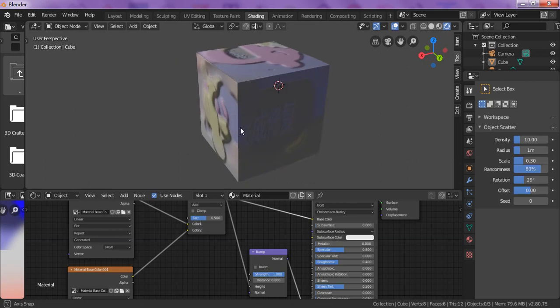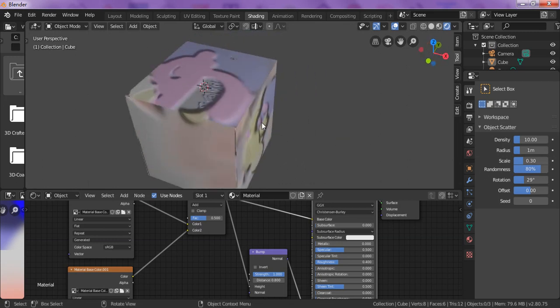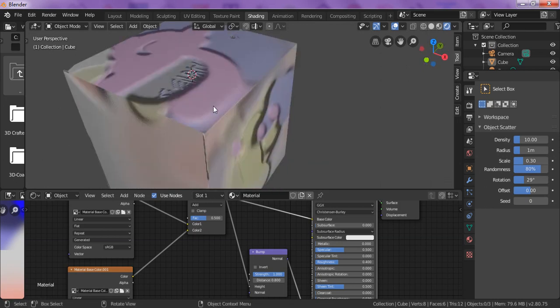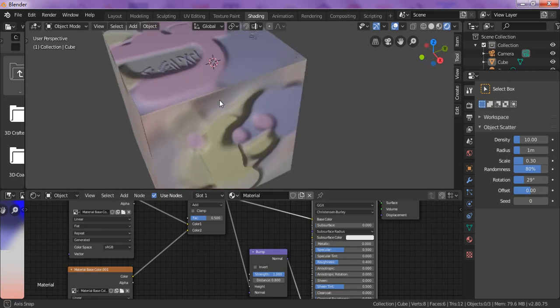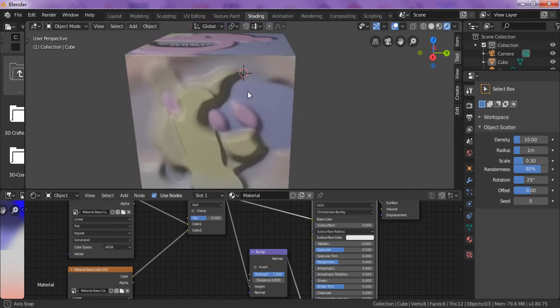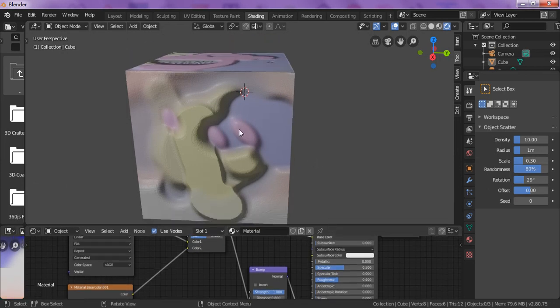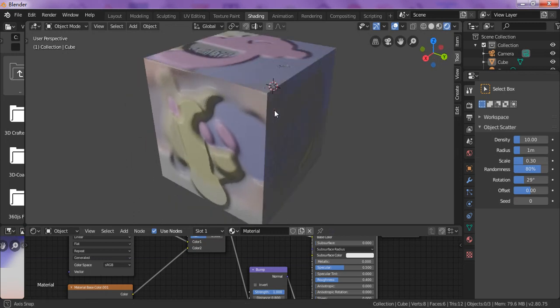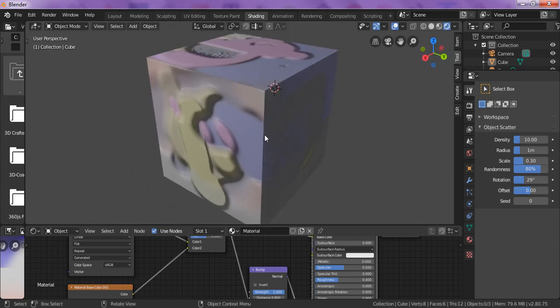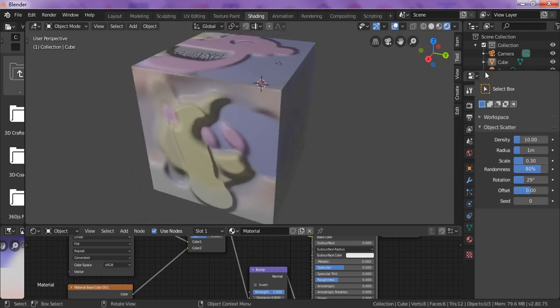But what we're looking at here is, if you look at this, I've got some bump to it. A bump map. You can see that this is not actual 3D geometry, it's just an effect. Those of you who know about bump maps and normal maps, they're very similar. It gives the effect of there being extra dimensions to this. It's actually a 3D cube, but every face is flat. But it looks 3D, and if I